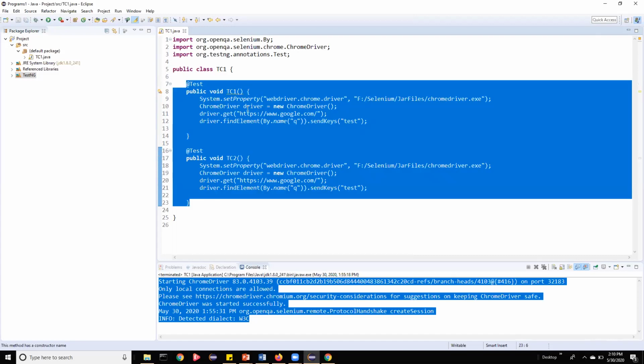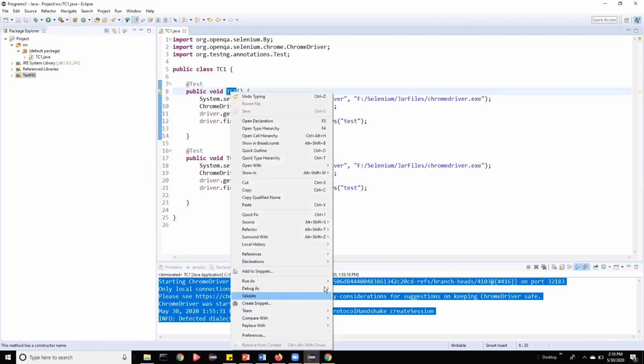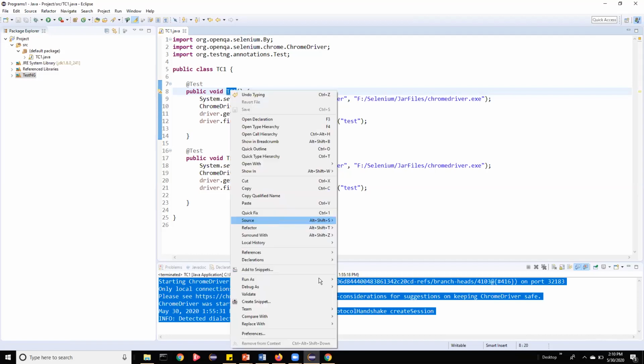If you want to run any particular test case, you can select the test case, right click on it, then Run As, then TestNG Test.